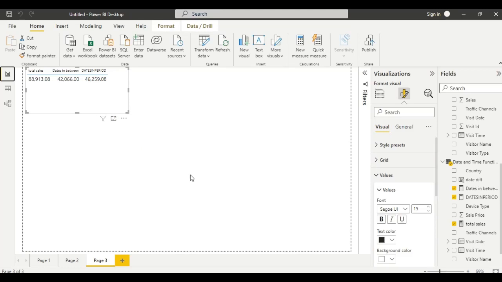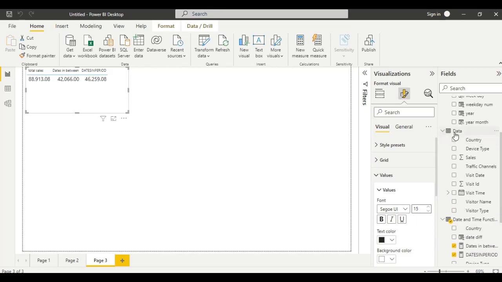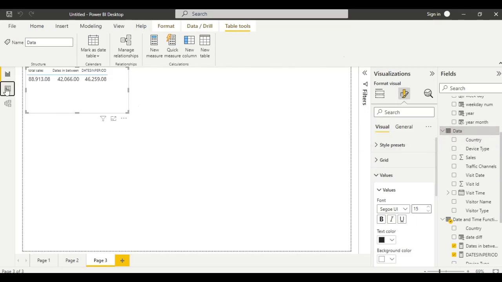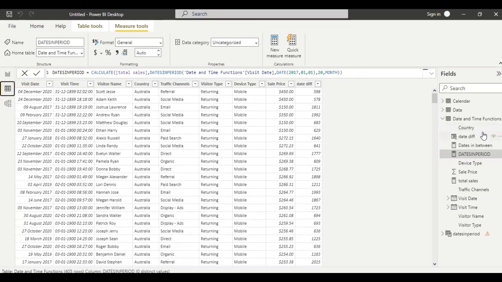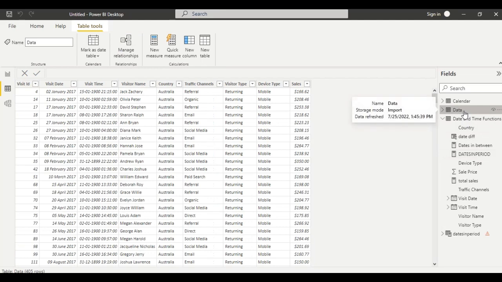Now let us see the another function, date add function. Using the date add function, we can compute the values from a previous year or previous quarter, a previous month and a previous day. Let us see how. Create a measure here, new measure.